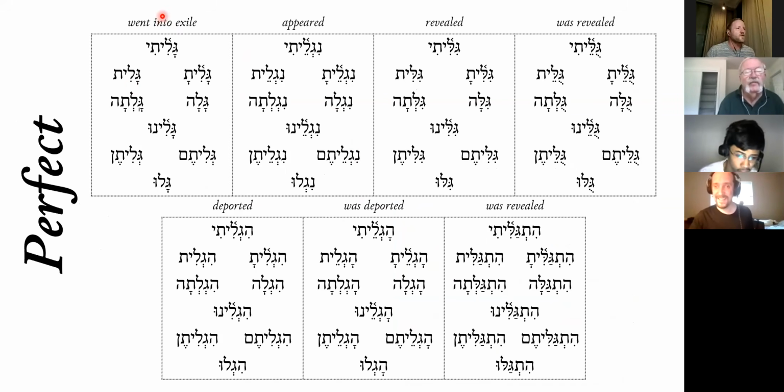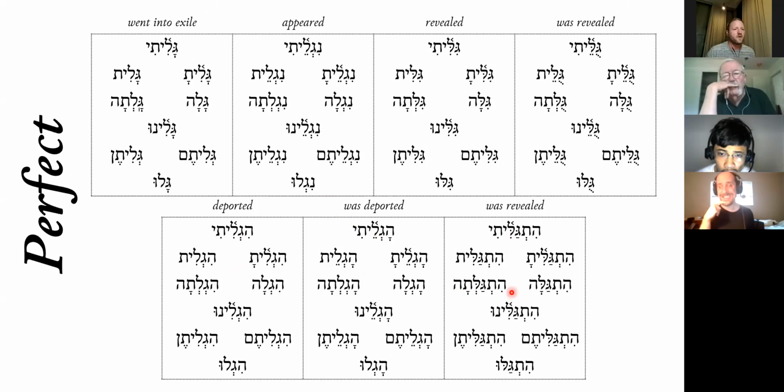All right, so how I've got this arranged here is Kal on the left. Then we've got Nifal, which is the passive of the Kal. We have Piel, Pual, the passive of the Piel, Hifil, Hofal, the passive of the Hifil, and then Hitpael at the end, which is by itself. Okay. All right. So what I want to do